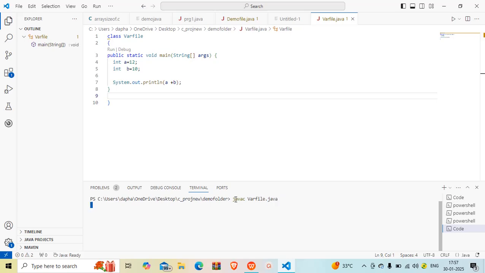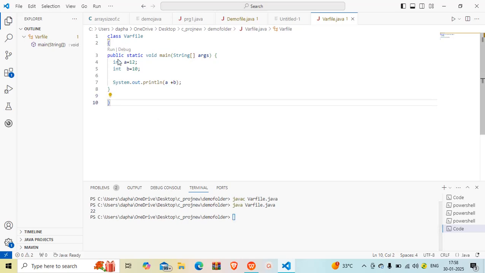Enter. Okay, then java, again you have to take var file. So 22, our value is printed here.